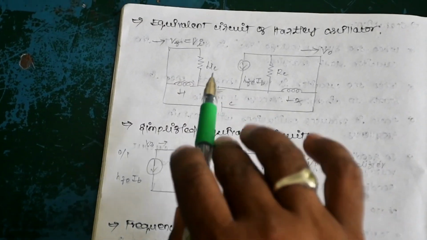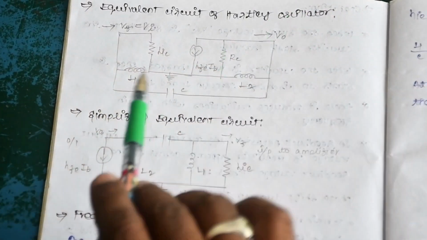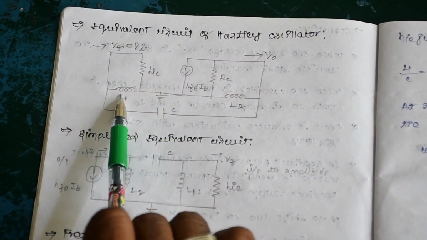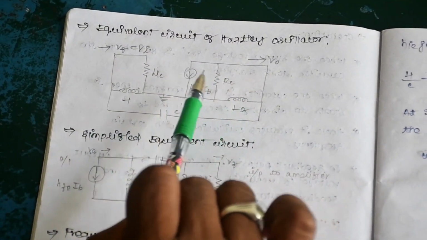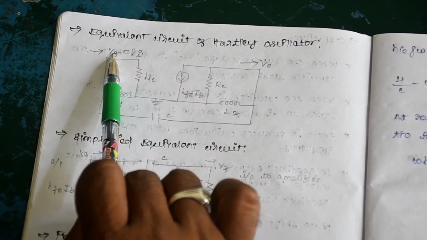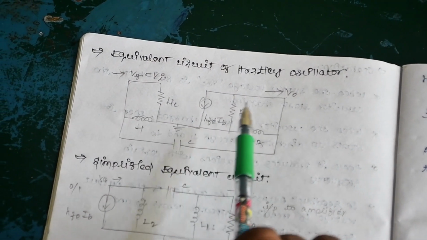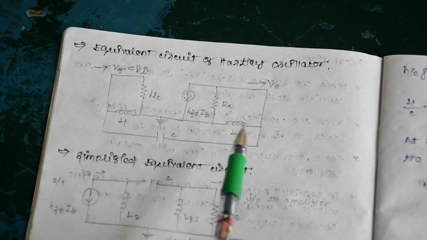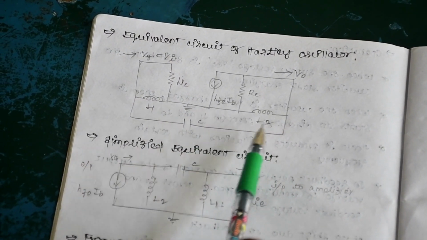Now we want to draw the equivalent circuit for the Hartley oscillator. So this is the equivalent circuit of the Hartley oscillator. Here this is the feedback network, and this is the amplifier circuit component, HIE, and then VI, which is equal to VF due to the feedback network, and then HFE, IB, RC, and here we can mark the V0, L1, L2 and C. So this LC circuit comes under the feedback network.